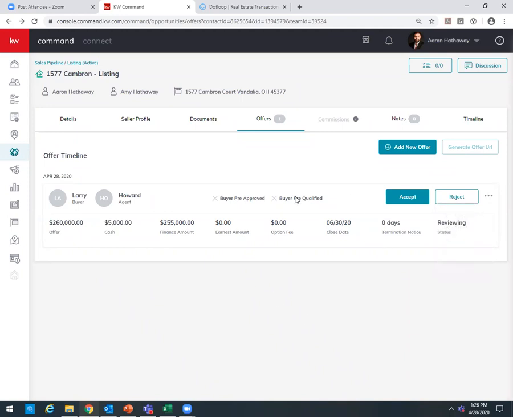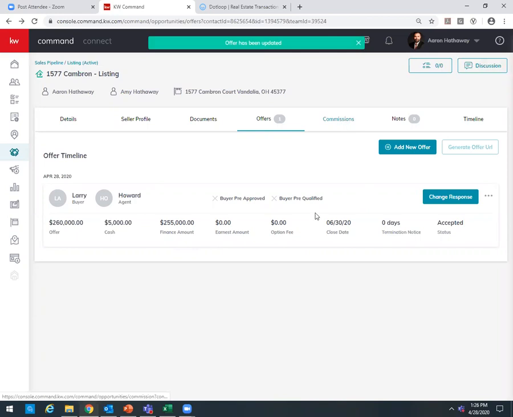Okay. So if I'm just putting in the offers when they're final, and this is the final offer, I can hit accept. And right now you can see this commissions tab is grayed out. If I hit accept, now I have access to the commissions tab. So when I click on that,